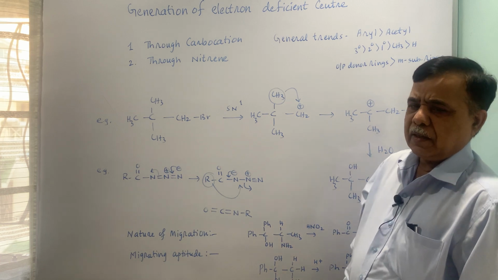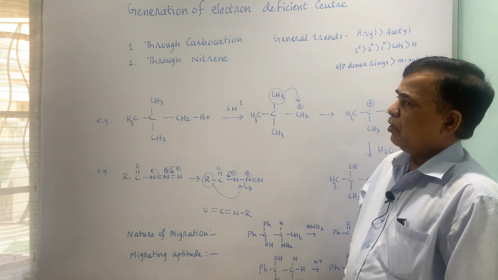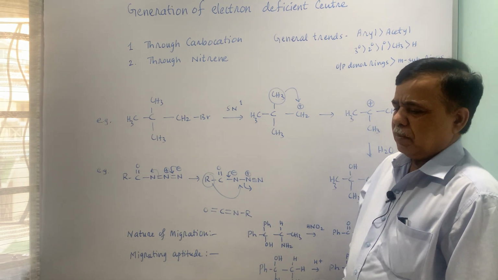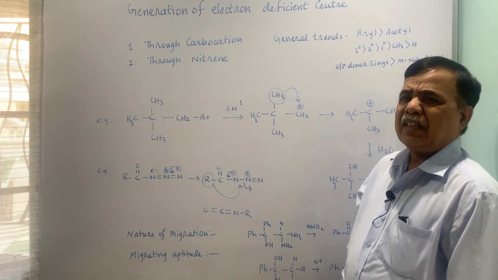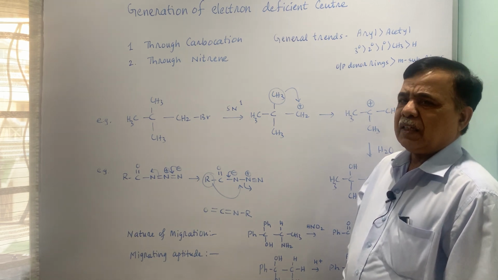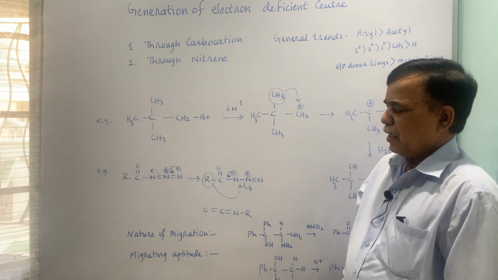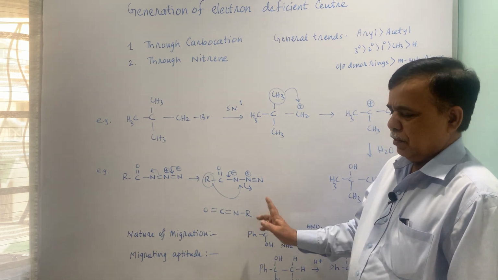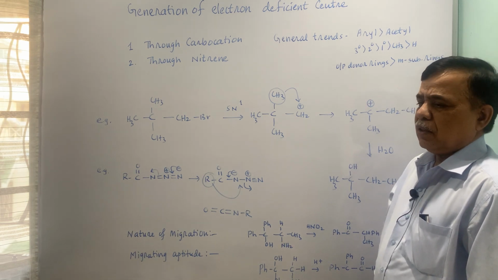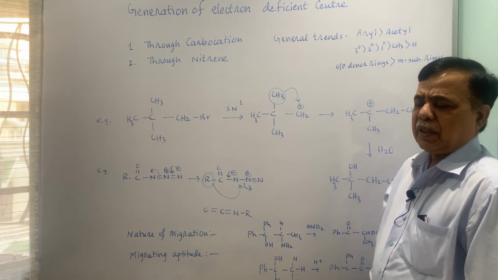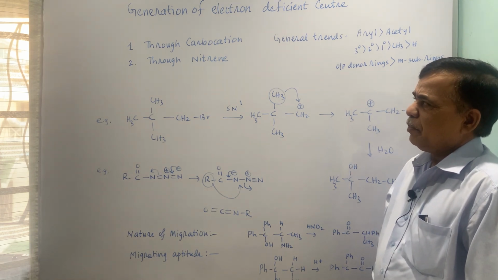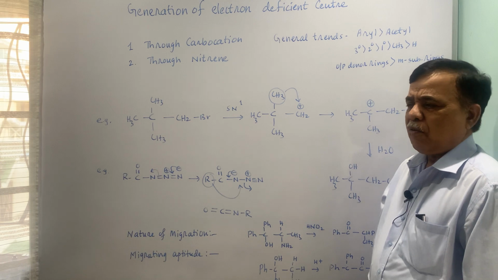Last time we have seen the molecular rearrangement at electron deficient carbon. Today we will see some basics regarding the mechanism of migration, the factors which are influencing that, and of course at the end of this theory part we will see some illustrative examples on the carbocation rearrangement, and if time permits we will start with the rearrangement happening at electron deficient nitrogen.